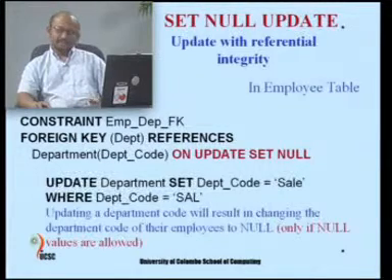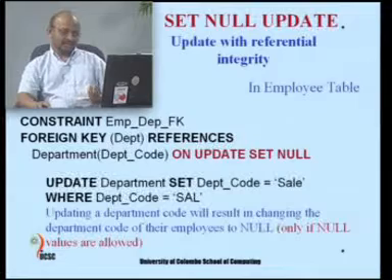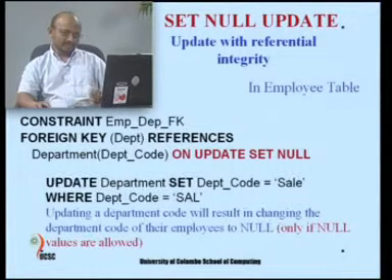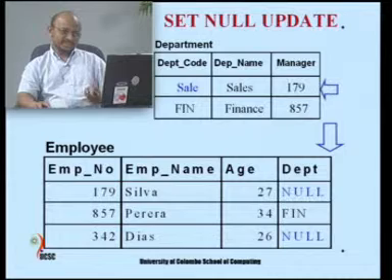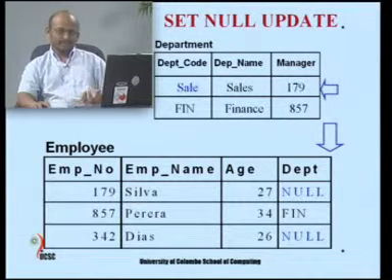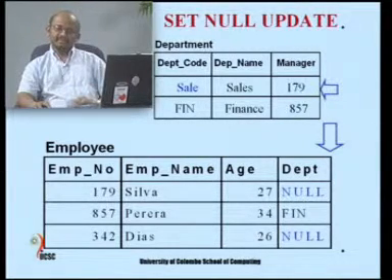Likewise, you can set null values or default values. In this particular case what we are specifying is on update set null, which is the action to be taken from this foreign key. So, if there are employees working for SAL at this time, then those employees will be given a null value as indicated in this slide, and the department code would be changed accordingly. Depending on the requirement, you will select what you want to do. If you want to change both, then you have to use cascade. If you want to keep it null and assign later, then you can have set null.